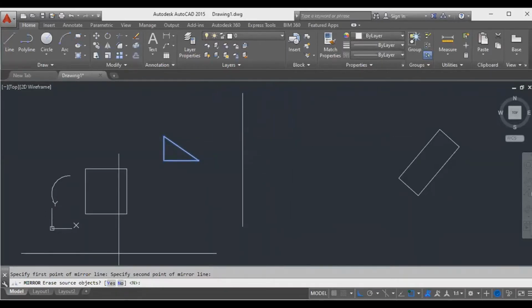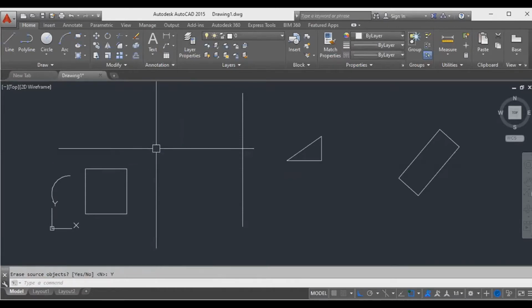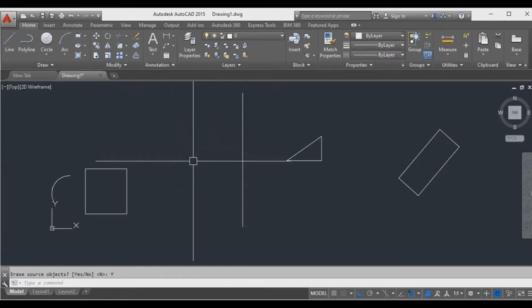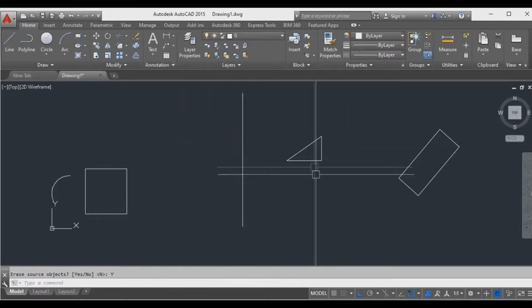If you say no, the original object will be deleted. So I will choose yes and enter. Sorry, erase the source object, yes, I choose Y. That means yes. Automatically the original object was deleted and the new object is mirrored.